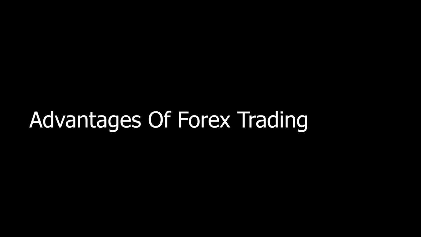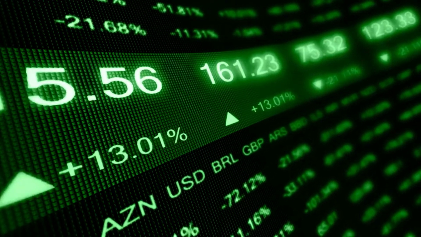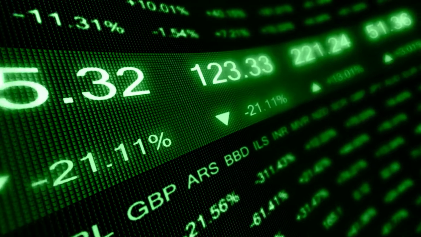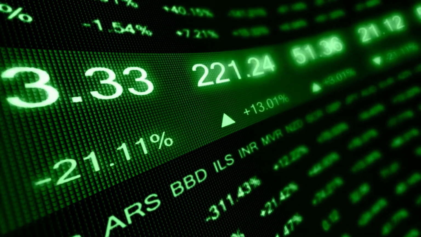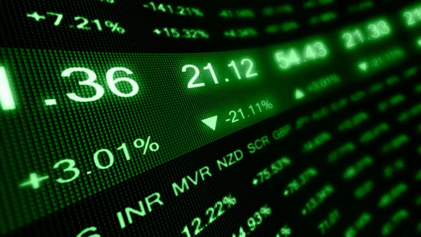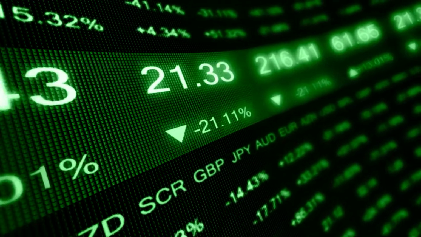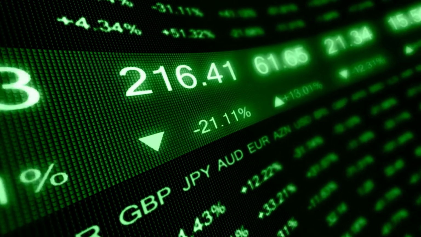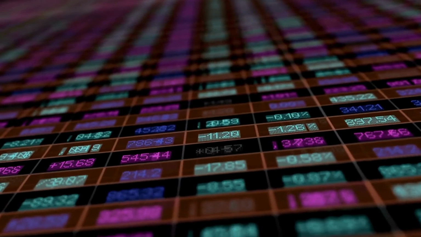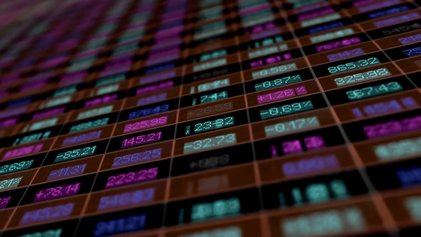Advantages of Forex trading. The lack of limitations and inherent flexibility of Forex trading is one of its main benefits. Markets are open virtually constantly and there is a huge volume of activity. As a result, those who work standard office hours can engage in trading at night or on the weekends, unlike the stock market.